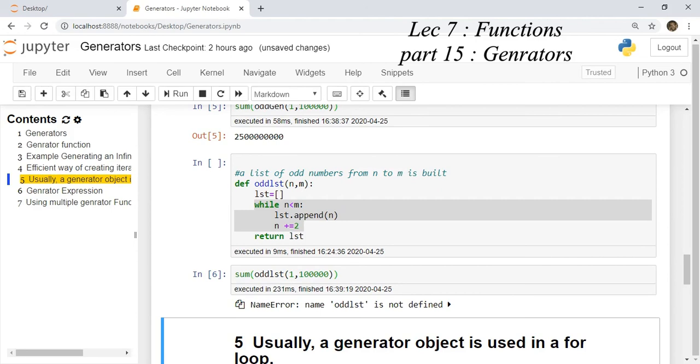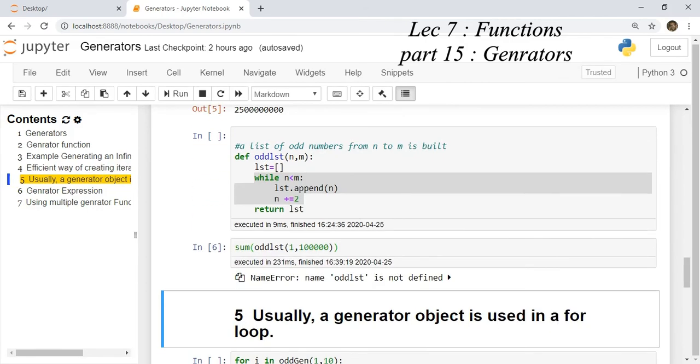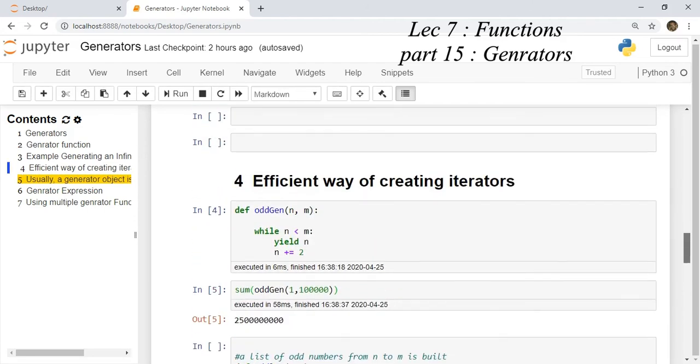You see the execution time required for the function which was using a generator is 58 milliseconds, whereas the function which was using a list is 231 milliseconds. Why? Because in the function using a generator, values were generated on demand, meaning the computation and processing started even when the complete indexing was not over.